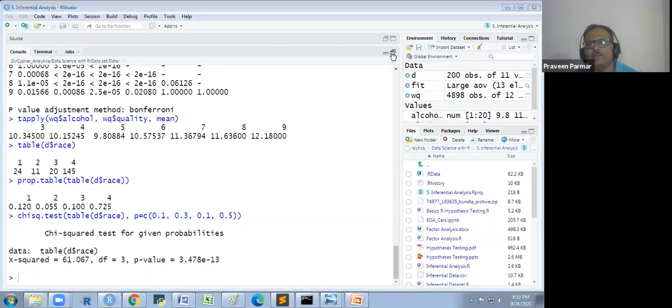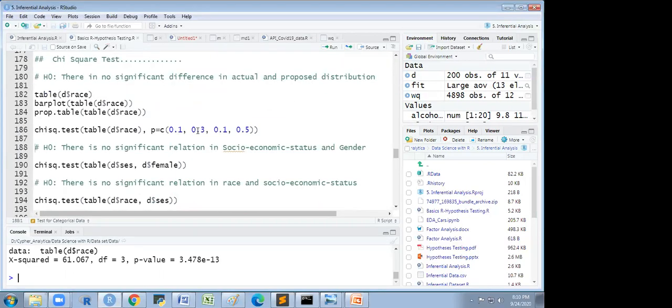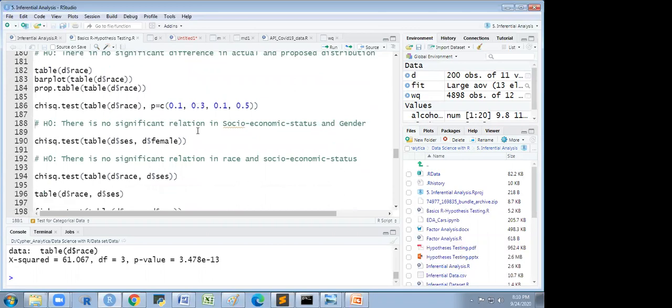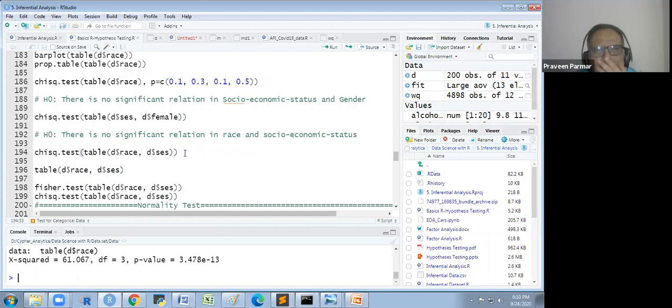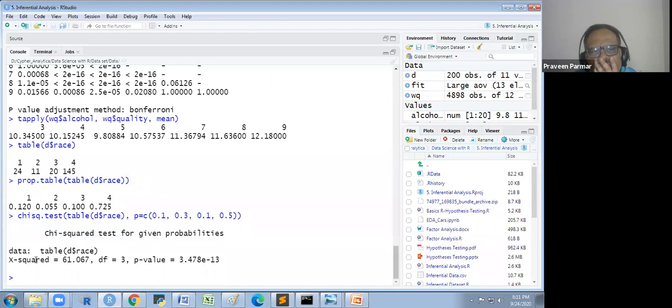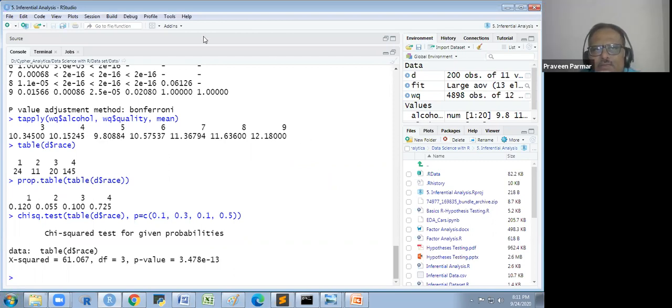Is there any doubt, anyone? Sir, in this chi-square test, does it show a confidence interval as well? No. It will not show the confidence interval. I mean, in the earlier test, the t-test, you have shown it, but in this, the figure is like that. It is a different sort of figure we get here.